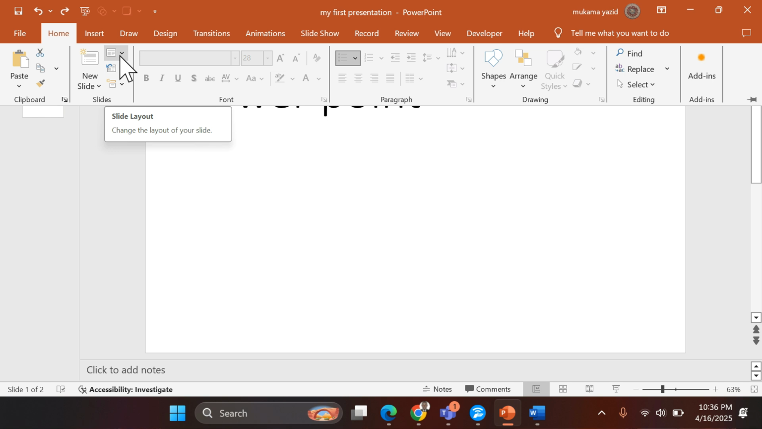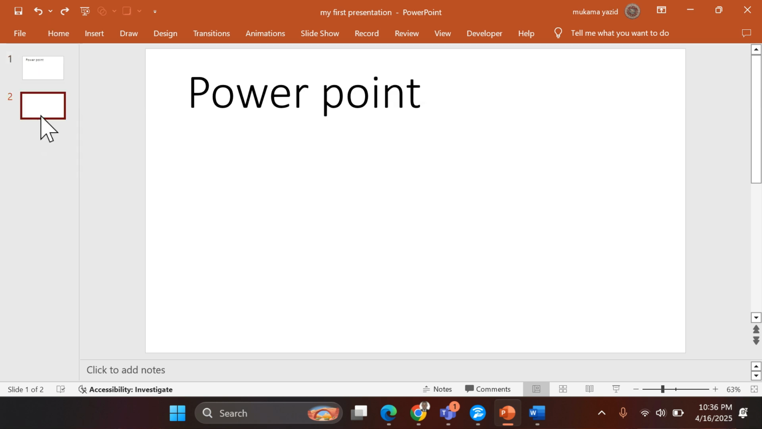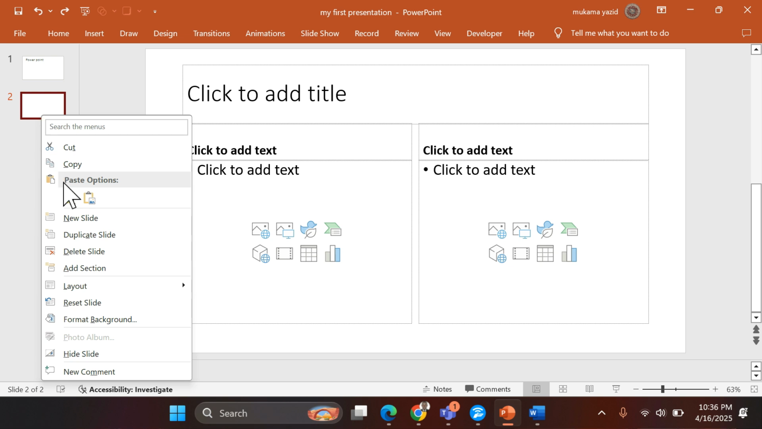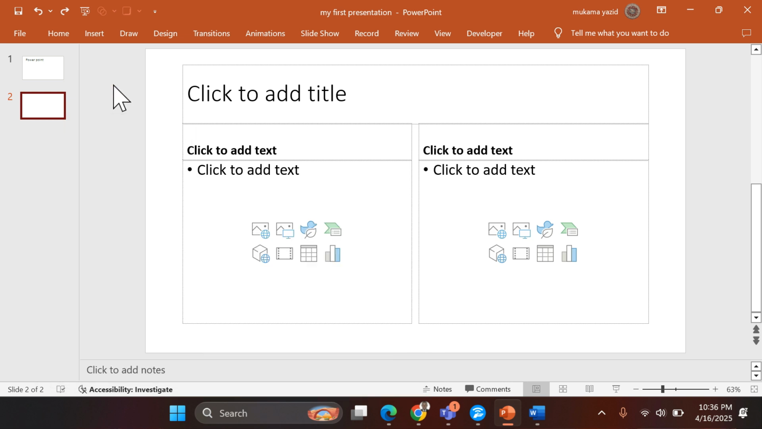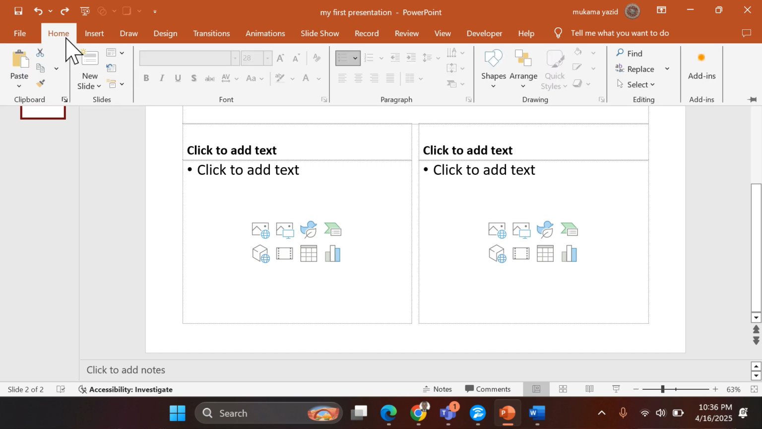Slide layout, you can get it even here, or you can just right click on this slide, go to layout, and you can get the same option. So there are various ways how you can access slide layout. Another thing in the home tab, which is very important, is this one,